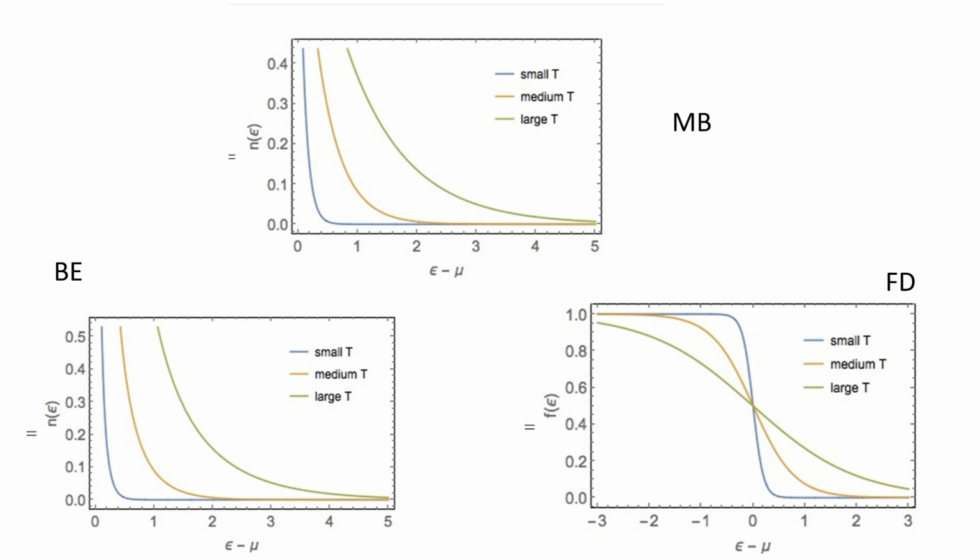So, this is how the Maxwell-Boltzmann distribution looks like, where we are really talking about the average number of particles. So, the Maxwell-Boltzmann, it looks like that as a function of epsilon minus mu, you have the number of particles increasing as you go to epsilon closer to mu, or epsilon minus mu going to 0.